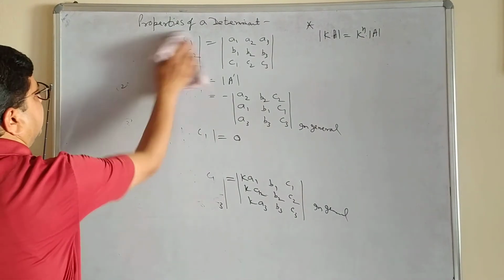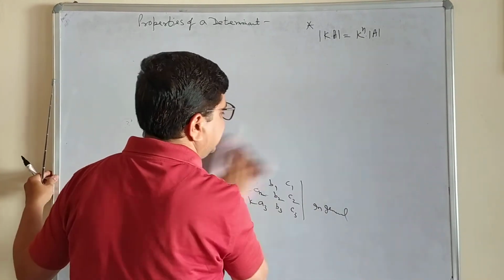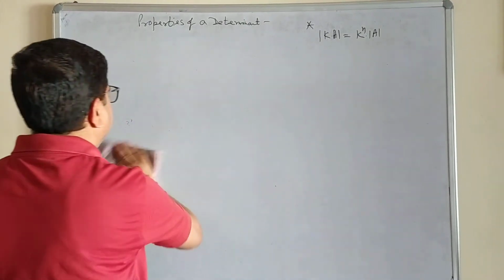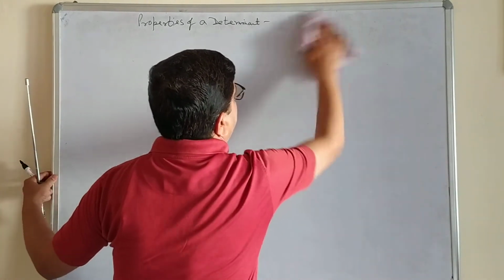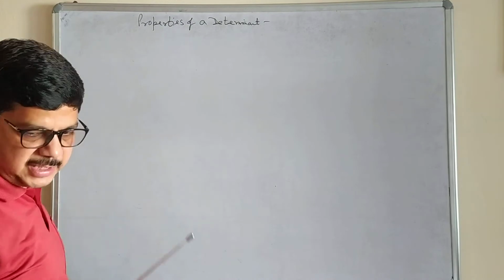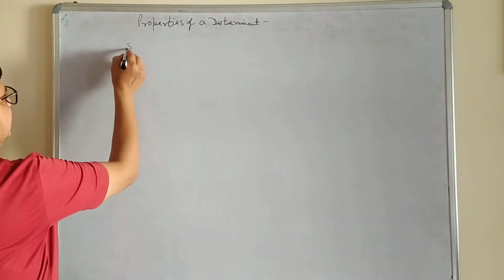Next property. Based on these 6 properties, many questions are there. Variety of questions are there. Next is,